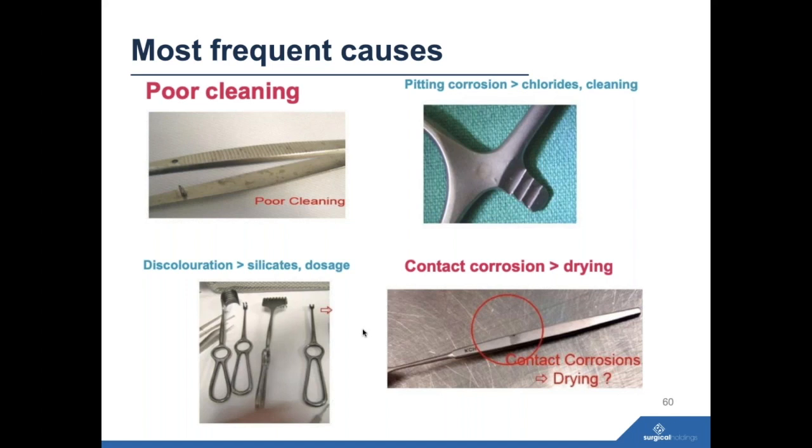But so these are the most frequent causes of staining on instruments or surface damage. So poor cleaning, so leaving bioburden on the device. We mentioned pitting corrosion, chlorides, and maybe some of the cleaning products, discoloration through silicates and the dosage, and also contact corrosion. I think that's quite a good one to pick up,